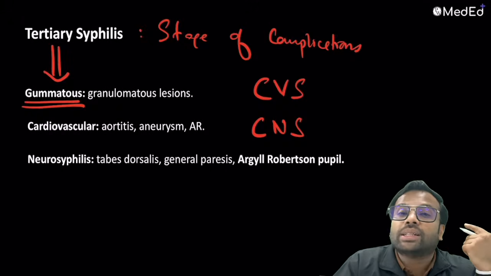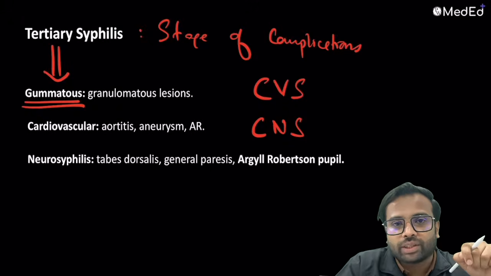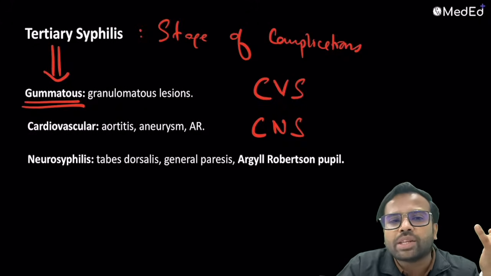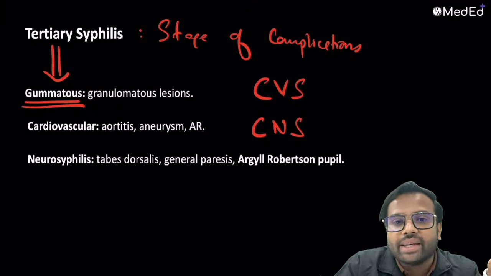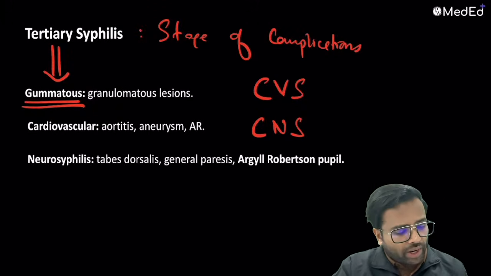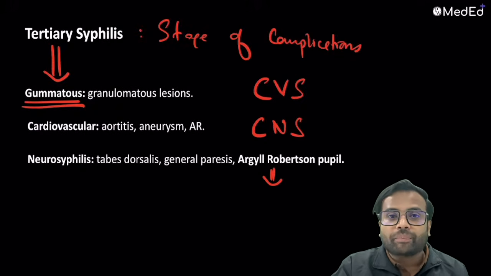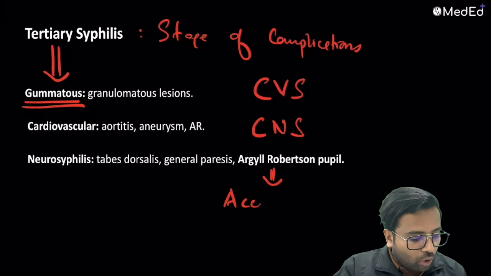Now, what about central nervous system? जब central nervous system involved होता है, then what are the different types of presentation? One is tabes dorsalis or general paresis. And in the eyes, you can also find Argyll-Robertson pupil. Now, what is this Argyll-Robertson pupil? It's also called the prostitute pupil, right? Because this can accommodate